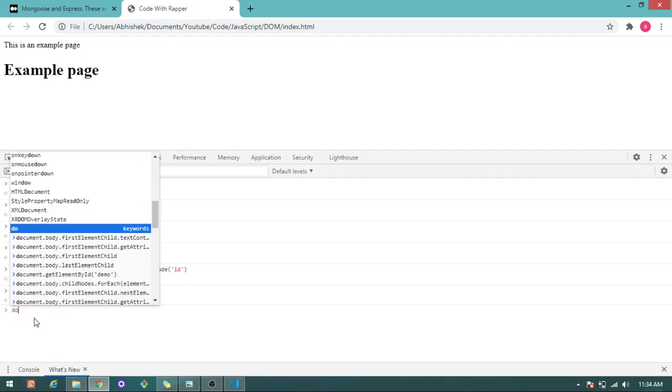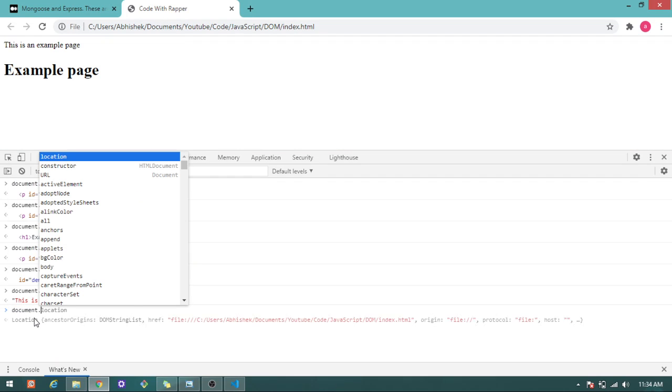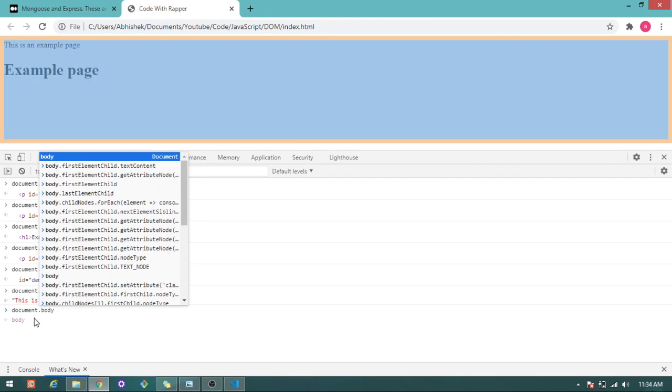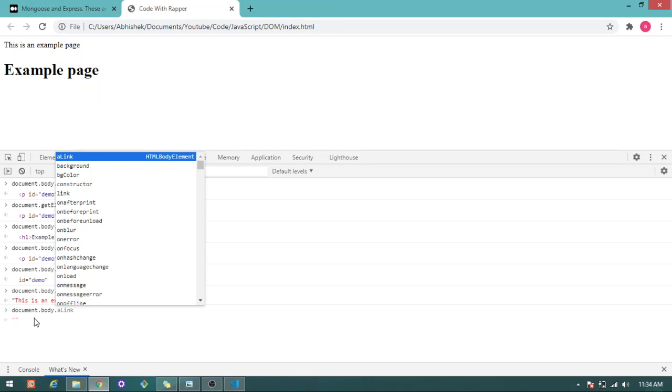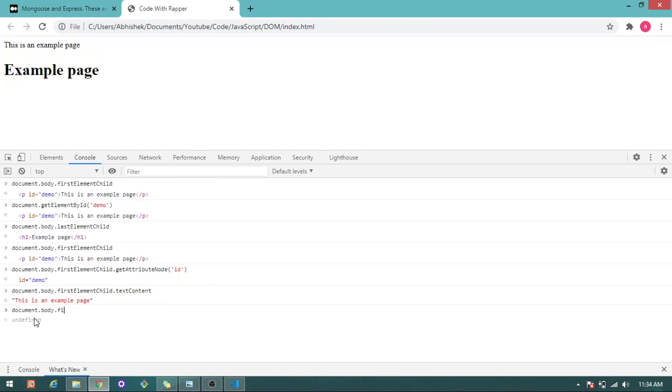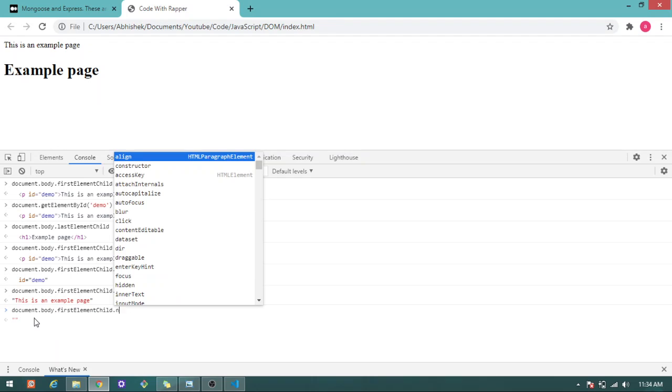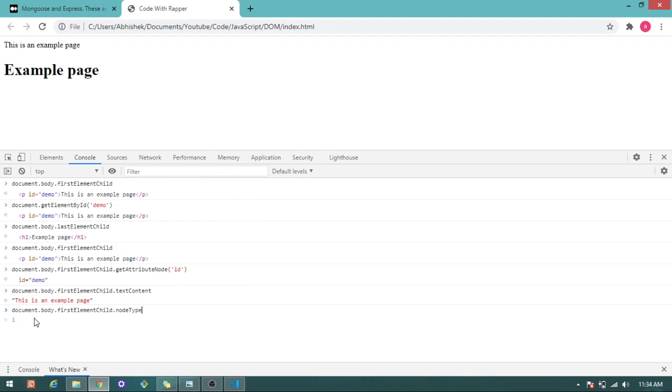Let's see. document.body, let me traverse to this paragraph element, firstElementChild.nodeType. So the browser says to JavaScript, your first element child, which is this whole paragraph, I have given you a node type value which is 1.